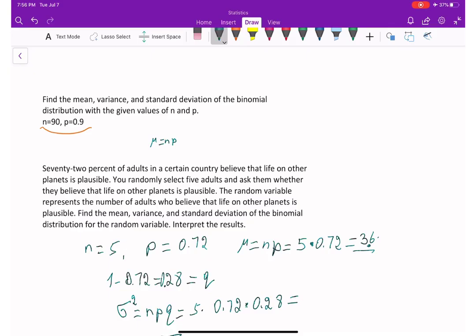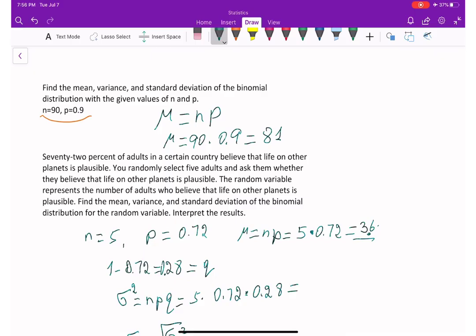All right. So mu, which is a mean, let's start with mean. Mu is equal to n times p, which is going to be equal to 90 times 0.9. Okay, it's going to be equal to 81. Next, to find